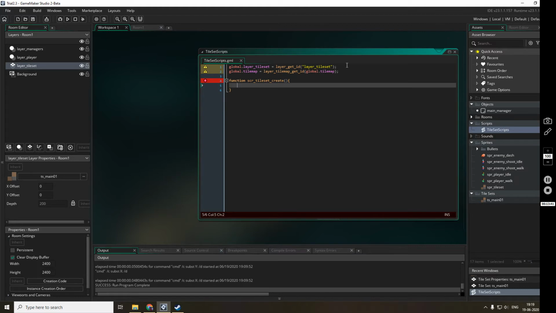Yes, so now I have the layer, meaning the tile map.